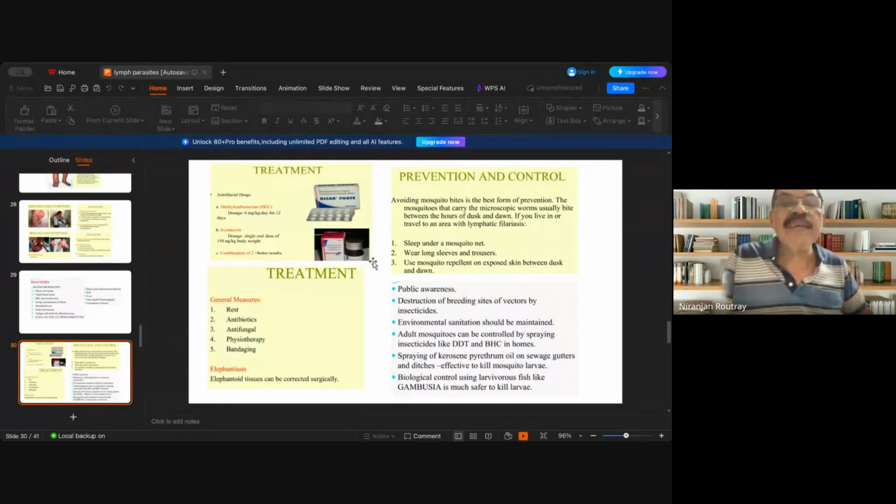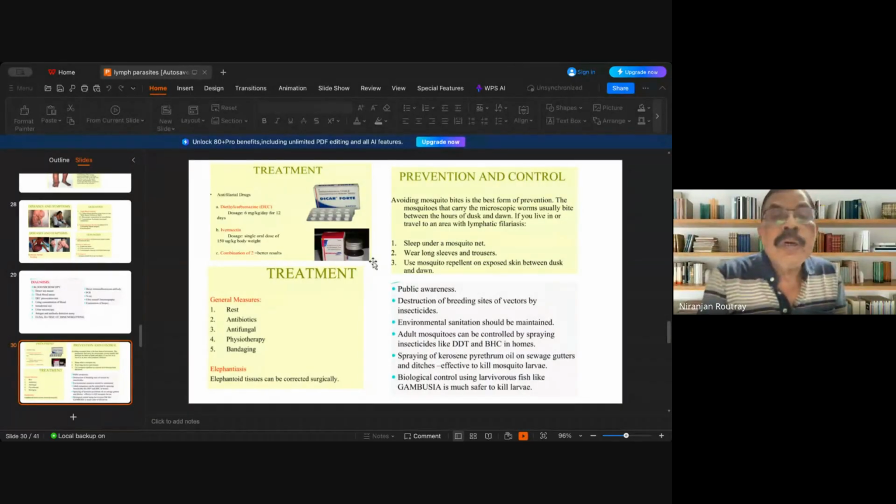Treatment, generally DEC, diethylcarbamazine is given. DEC tablets are given to the children, in a single dose, on a particular day they are fed to eliminate these filariasis. So ivermectin, generally ivermectin is given as a single oral dose, and combination of the two also gives a better result. So commercially Diker and all these are available.